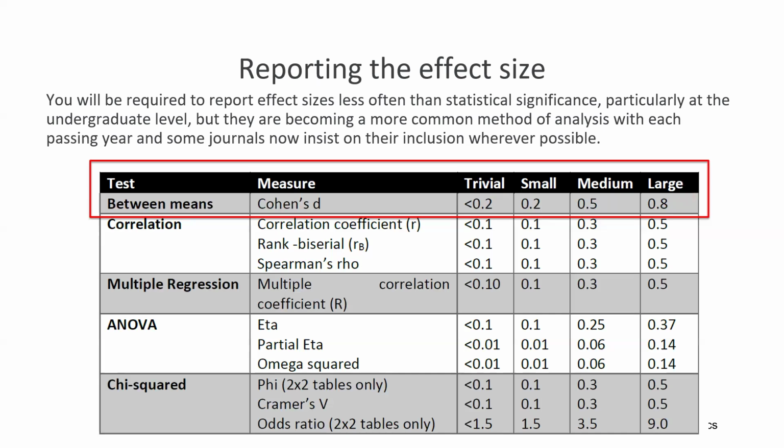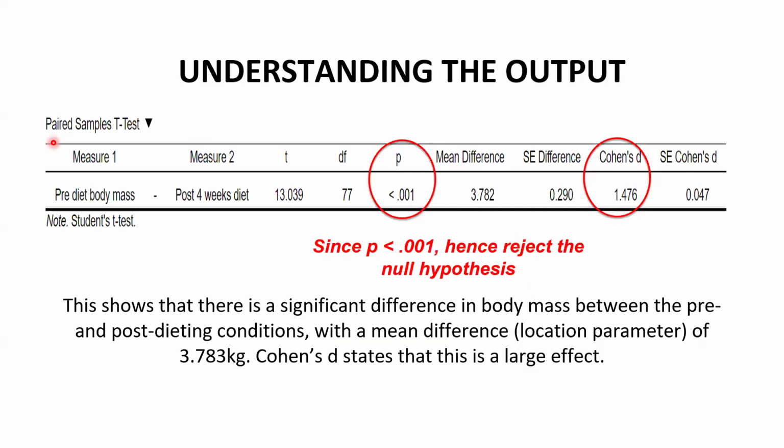Now let us refer to the paired samples t-test table. These were the things that we ticked in the analysis box, that's why we have generated these values. Now we refer to the p-value here, which will guide our decision either to reject the null hypothesis or not reject the null hypothesis. Since the p-value is less than 0.001, which is obviously less than 0.05, our decision is to reject the null hypothesis.